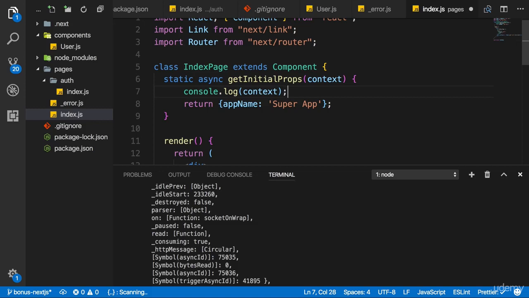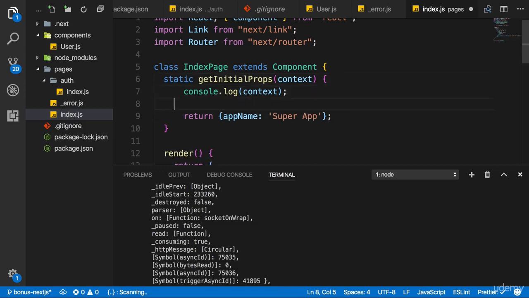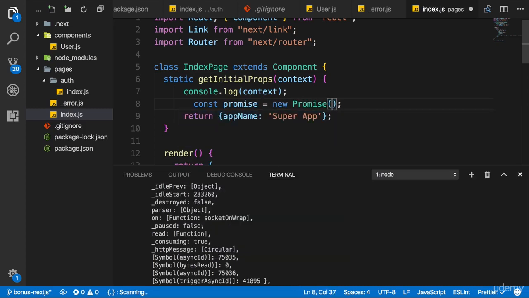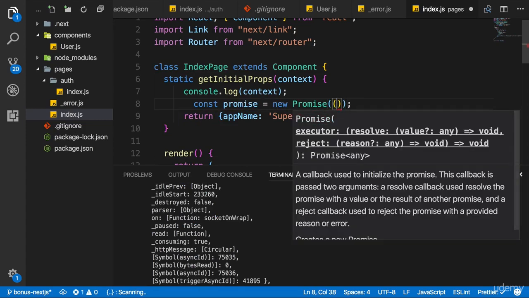Now if you don't want to use async here, what you can also do is you can still use the normal static method like this, in case you don't know that async await syntax. And then what you would do here is you would create a promise or use a package like Axios, which does something that returns a promise. Here I'll create one manually with the new Promise keyword. And there, if you create it manually on your own, you would always pass a function which receives resolve and reject, two functions that you can execute.